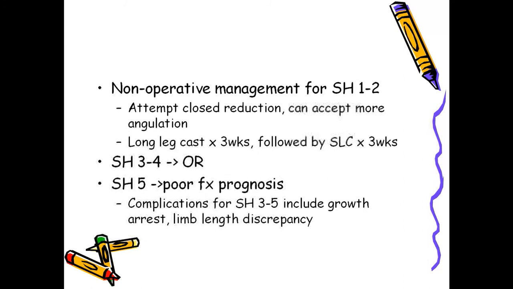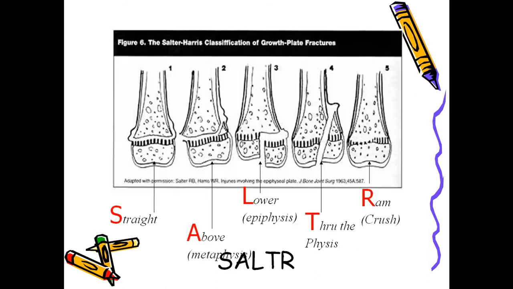So definitely the prognosis is very poor because the growth plate will be disturbed and it is very difficult to restore. Complications of Salter-Harris 3 to 5 include mainly growth plate arrest, which plays an important role in elongation of the bone, which will not happen due to this injury, and finally limb length discrepancy will happen. Type 4 is very complicated, and 5 is totally complicated because the growth plate itself is crushed. Nothing can be used to fix it. Once it is crushed, that is it.